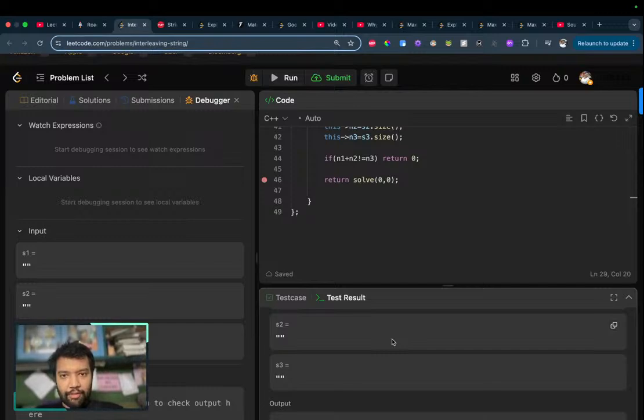This reduces n operations every time. Does not work. Because of this,